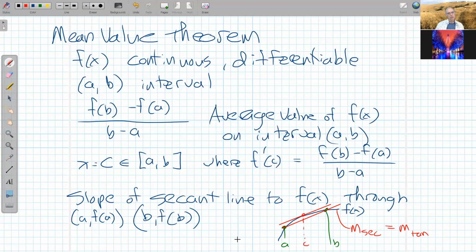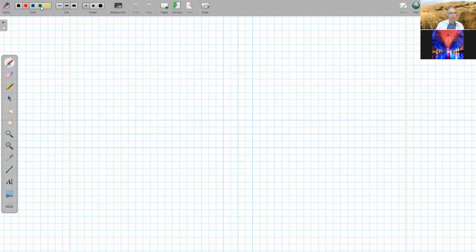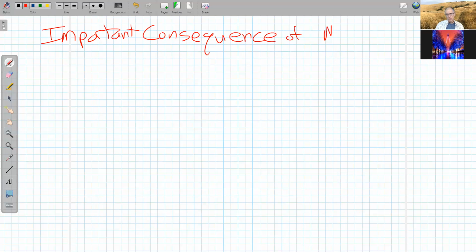Right? So there's a bunch of applications to this. One of the applications I actually covered early last week because I think it's the most important application, and that's about increasing and decreasing functions. So an important consequence of the mean value theorem, MVT for short,